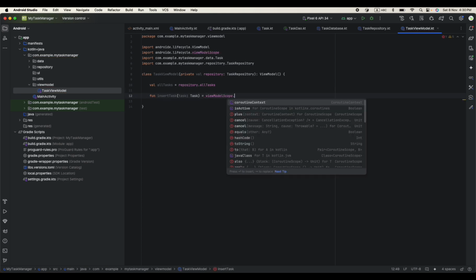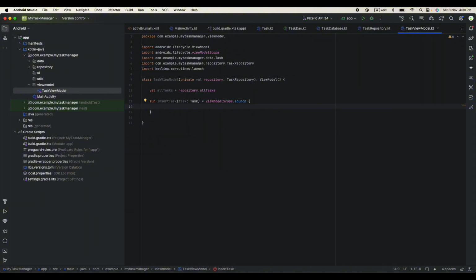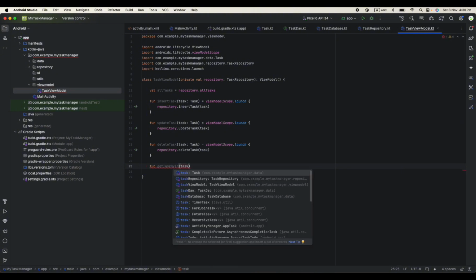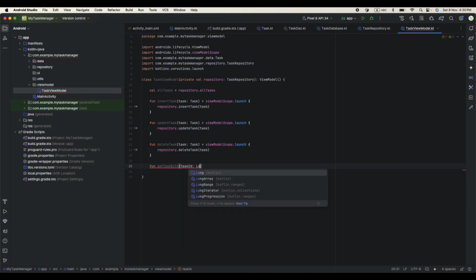View model scope, and then we say launch, and then here we can just call the repository. Yeah, all right. This third one is update, also the view model scope, the delete one also, and the fun get task by ID. So we'll just say task ID should be long, and then on result,